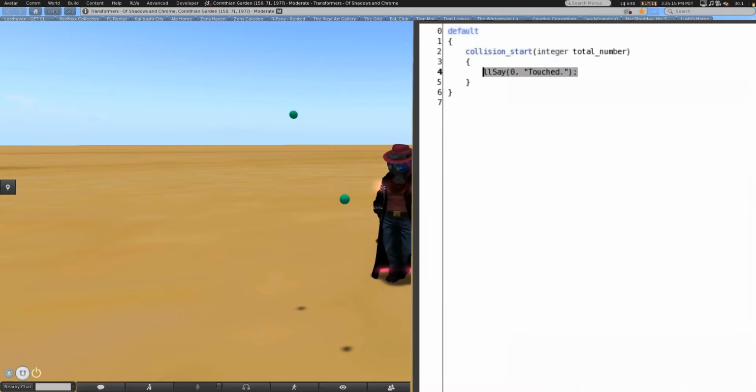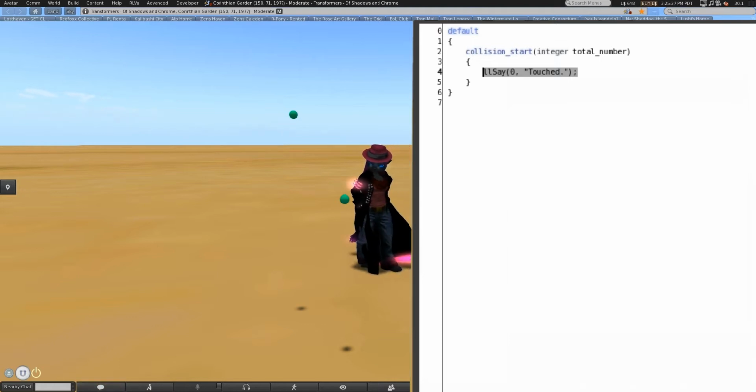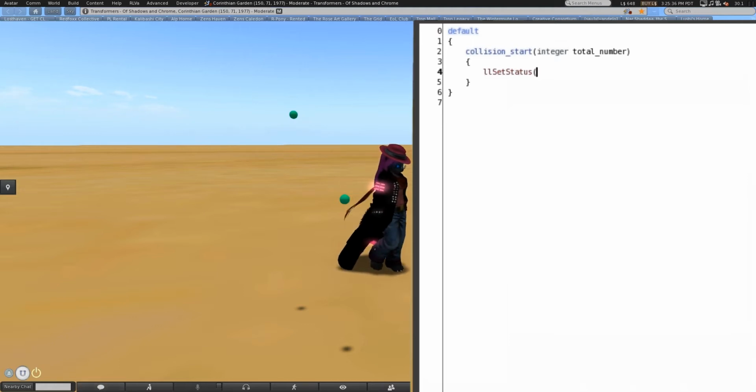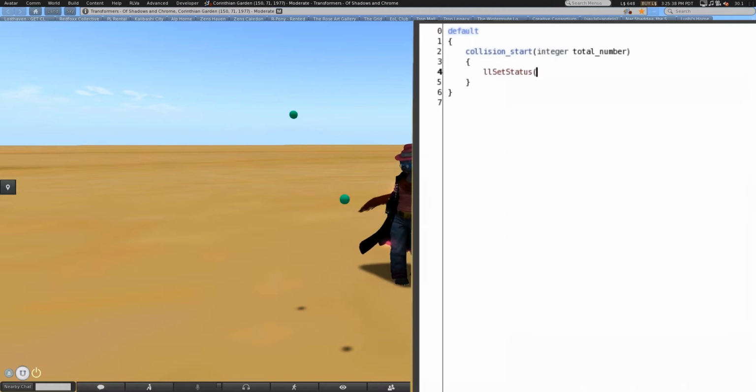The two things I'm going to demonstrate with this are to make it just go away, or to make it freeze in place. So it hits something, you know where it landed. So we're going to first start with freezing it in place. With set status, there are a bunch of different statuses you can set. Most of them you don't need for a lot of things. The most important one you can get is